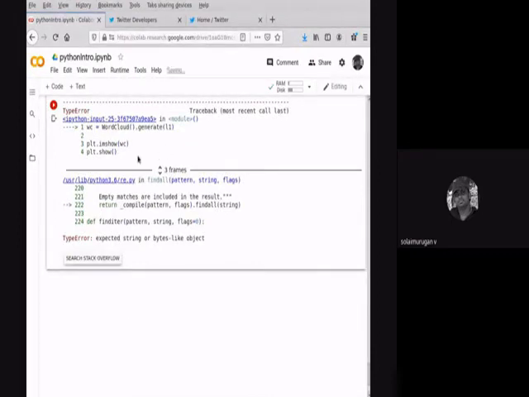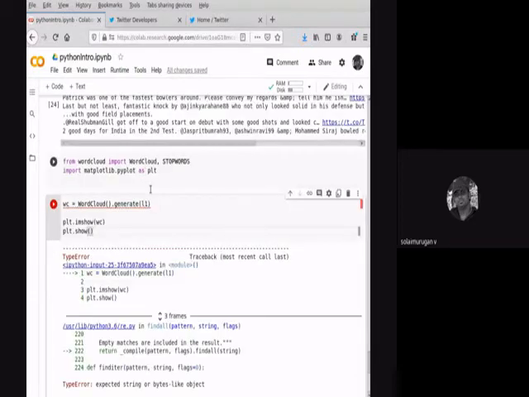Fine, it says expected string, but I'm passing a list. I'll just make a string of L.